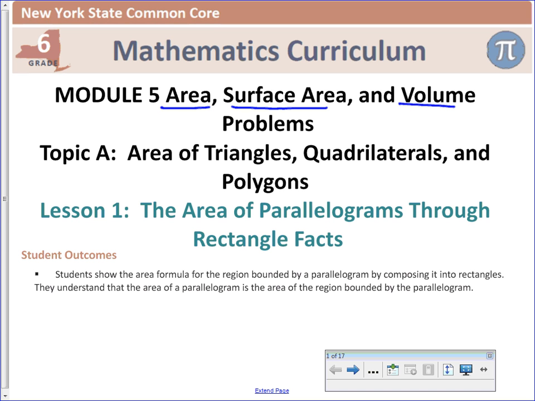We've been reviewing this all year, so a lot of it should seem very familiar, and you've done this in elementary school. The first section of Module 5, which is Topic A, will be on triangles, quadrilaterals, and polygons. I think you all know what a triangle is. A quadrilateral is any four-sided figure, and a polygon is any figure with three or more sides, all straight sides,